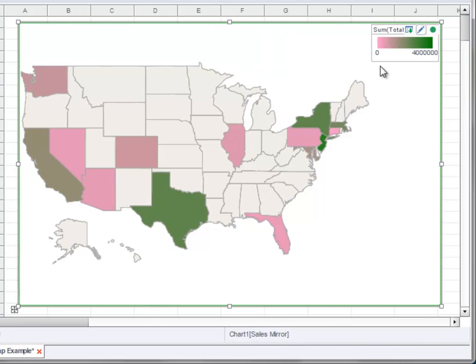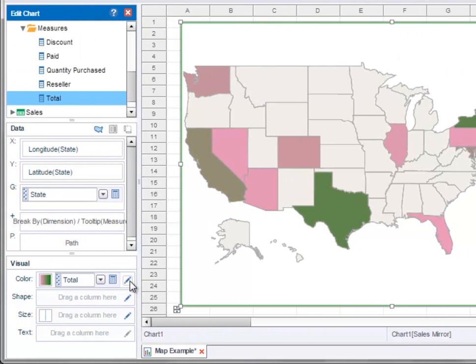As the legend indicates, in this case, smaller values for the aggregated totals, state by state, are represented with pinker colors, and larger values for the aggregated totals on a state-by-state basis are represented by greener values. To change the colors used in the mapping, press the Edit Color button next to the color field in the